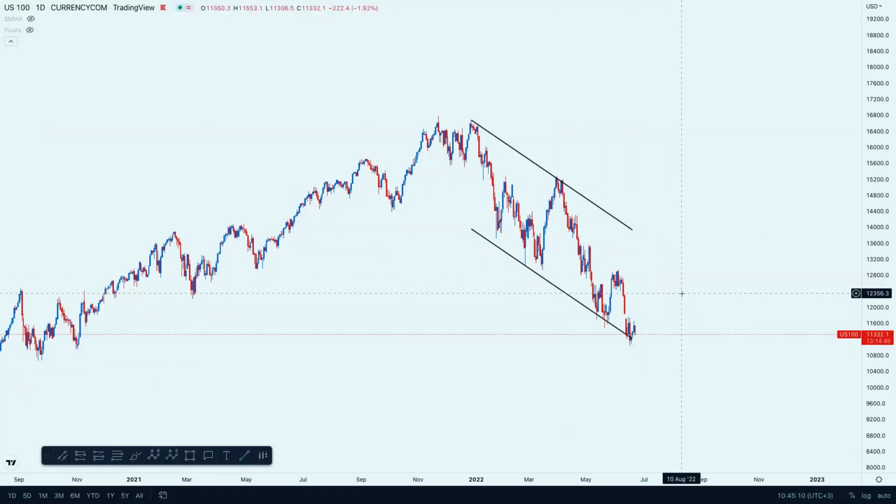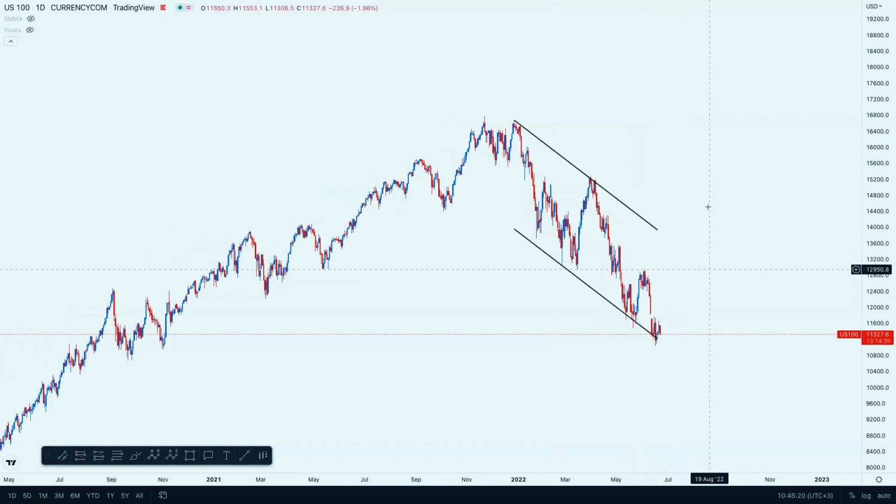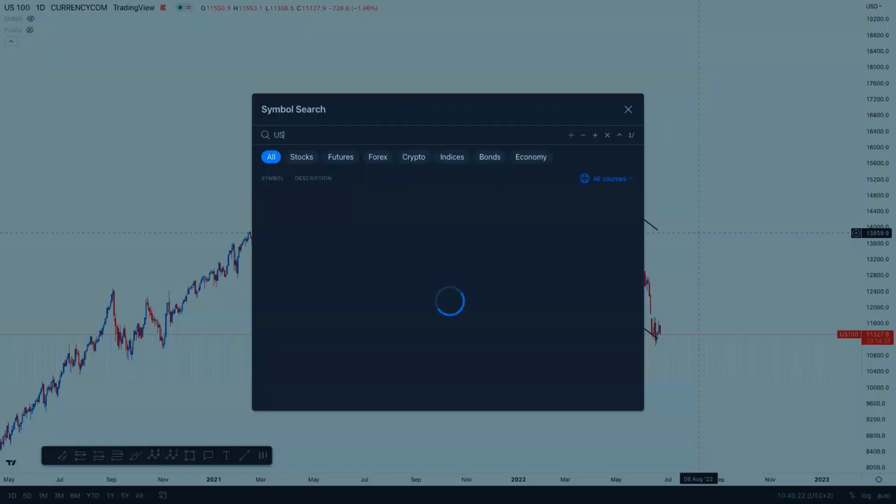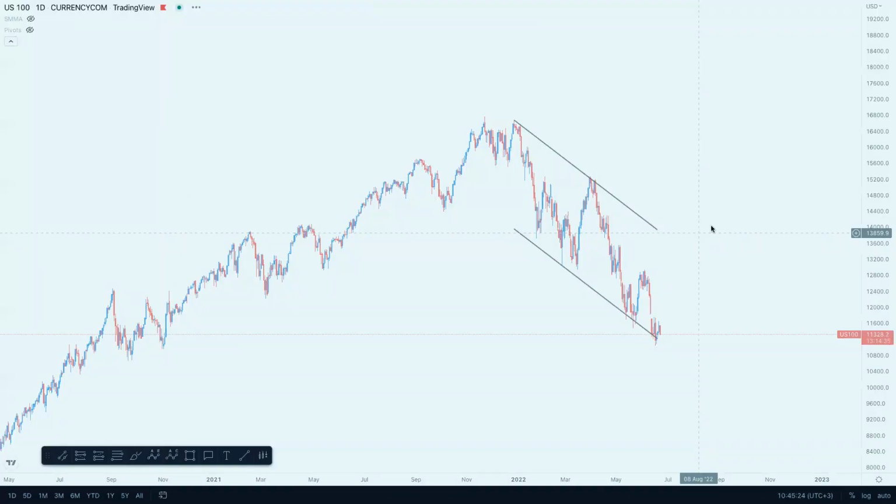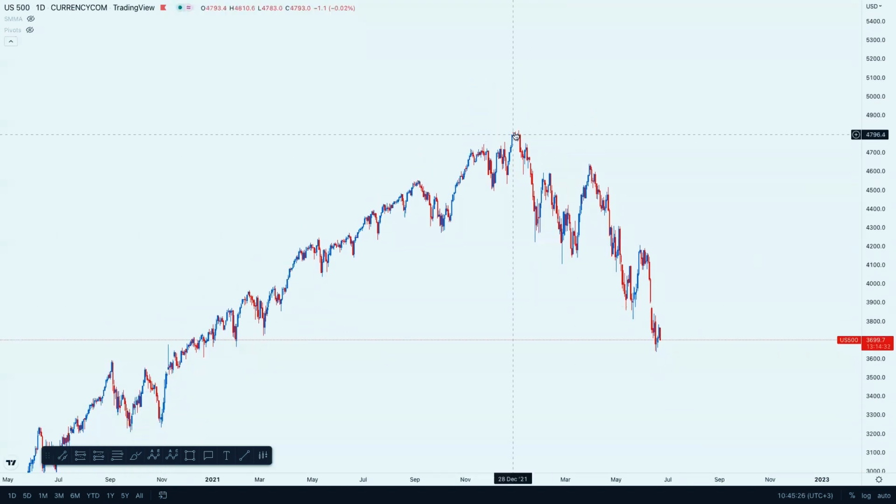As a rule of thumb, when interest rates are being increased, people are not borrowing a lot of money, so people are investing less, and that's what you're seeing now. That's why people are taking their cash out, because there's more money to yield from bonds and interest rates on the cash, on the dollar. So that's why we are seeing this huge drop on the Nasdaq, and if you look at US 500, you're also seeing the same thing. Quite a heavy drop.